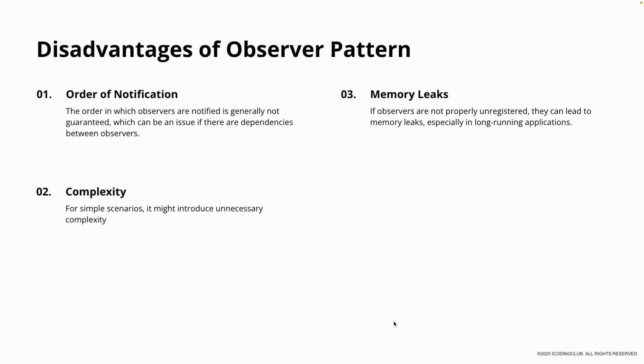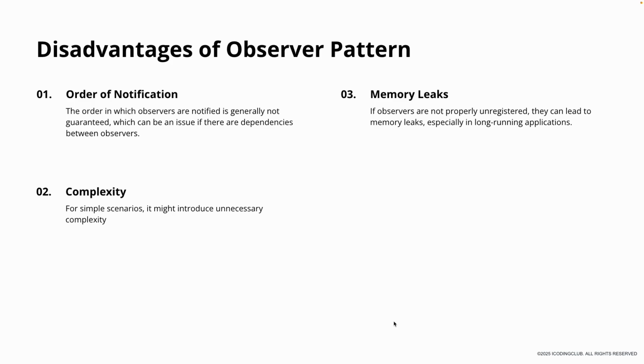Now there are definitely advantages, but there are also disadvantages to the observer pattern. One is that, in the true nature of the observer pattern, you don't know the sequence of notification, the sequence in which the subscribers are going to consume the data, because the true observer pattern suggests the async nature of the subscribers. The second is that all the subscribers need to subscribe to the topic, but if they forget or